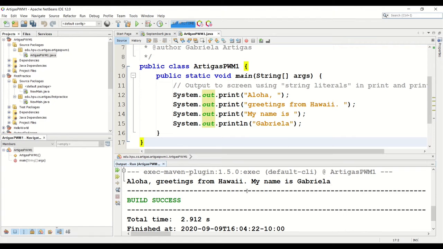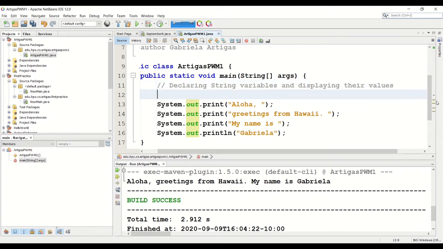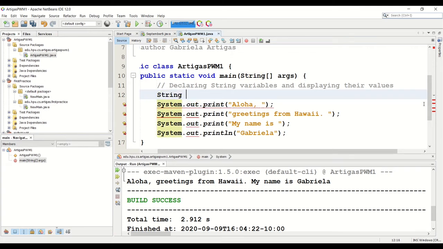Rather than starting a new program, you can continue to edit this file. And something that I was teaching in class the other day is that we can have variables and messages. A lot of times we are going to declare string variables, so declaring string variables and displaying their values. So what we need to do is declare a variable. It's going to be string data type, so we spell string. Then the name of the variable, let's say that is your name